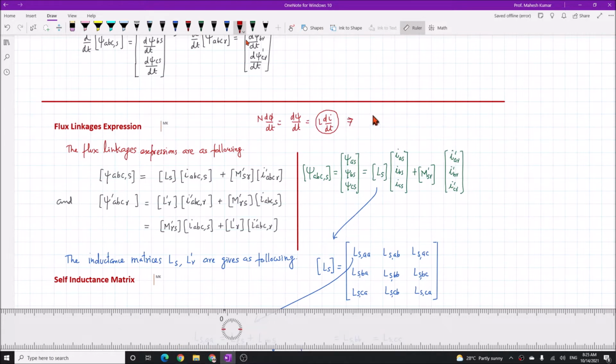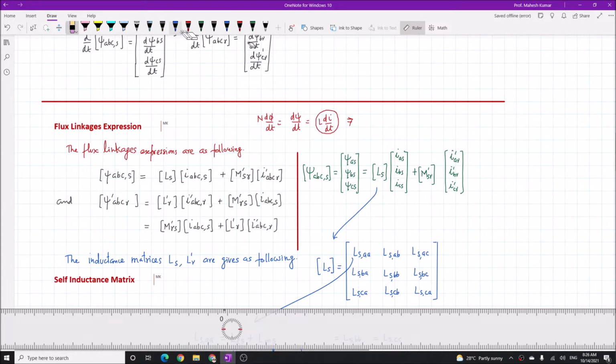So this equation signifies that N phi, or let us say psi, equals L into I. Am I correct? Plus, of course, if there are two currents, then it will become mutual inductance into some other current, let us say I1 or I2, in the circuit. Here there are two sets of currents. Because of that, we will have mutual inductances.